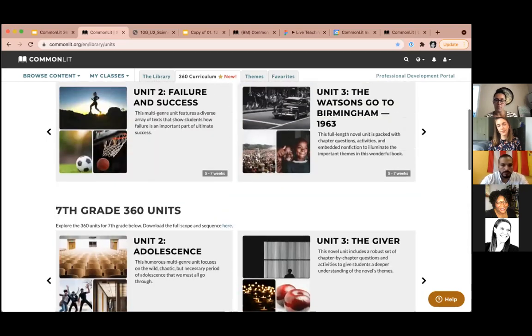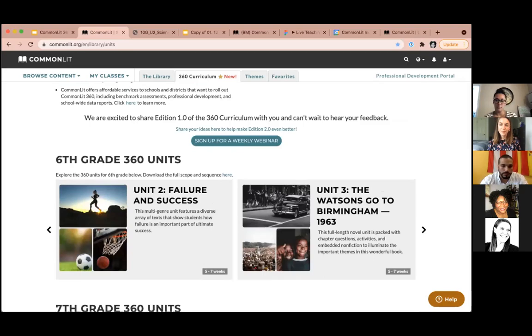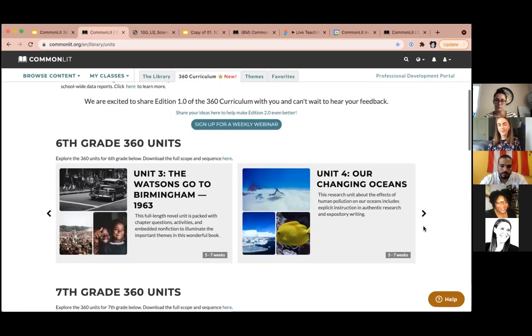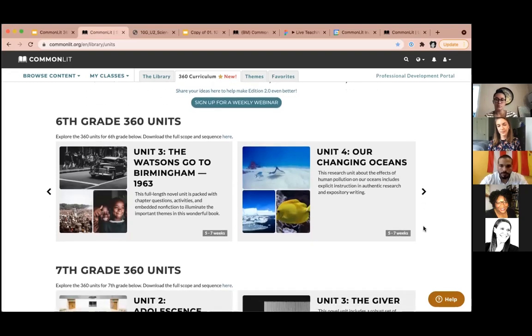And then before we head into our deep dive of looking at one particular unit, I want to share with you our unit 4s. Our unit 4s in the curriculum for every grade is a research unit. Students are reading multiple pieces of text, gleaning understanding, taking notes, annotating, working with other students to understand, and then they're taking a stance, a position, or making a suggestion based on their research. So students are receiving explicit instruction in authentic research.